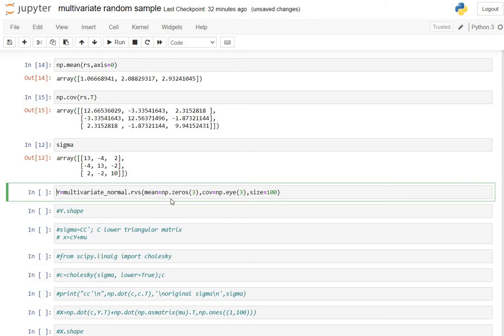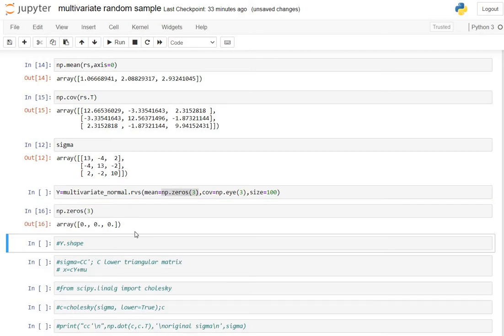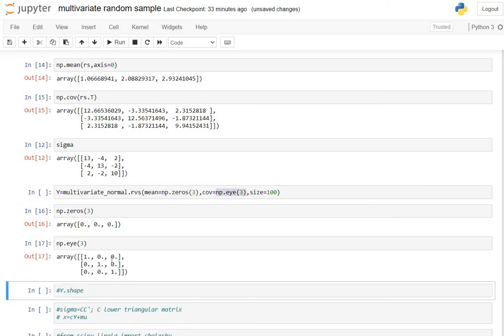So let's consider np.zeros of order 3, so that we will get a vector of zeros of order 3 cross 1, and the covariance matrix as the identity matrix of order 3. You can see here, in this way we get an array of zeros, and np.identity will give us an identity matrix of the specified order.